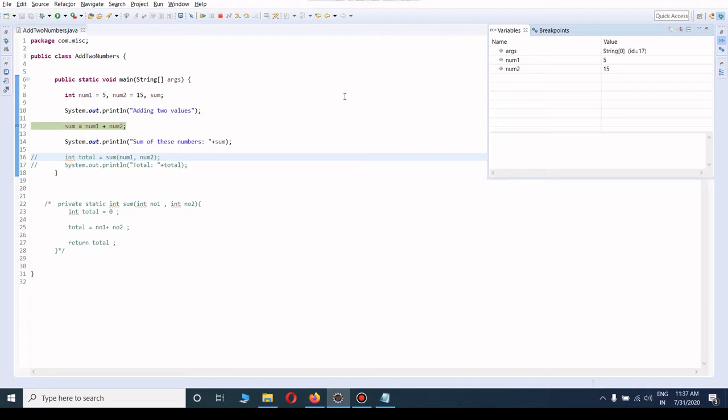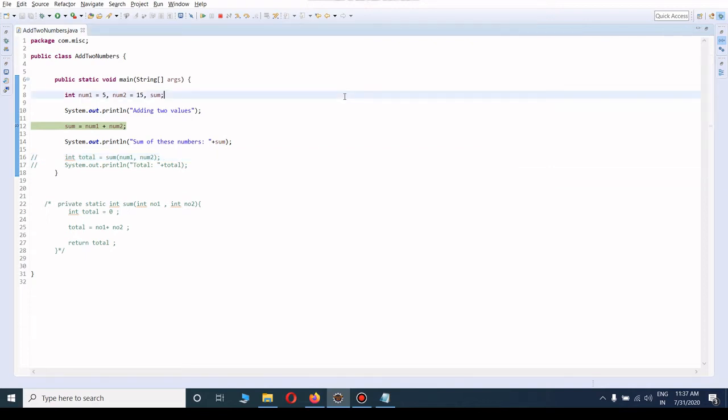Now you can see that this is a very basic application, where we already know what the value of number 1 and number 2 will be. But friends, when you write a very complex application where a lot of arithmetic functions are there, and we need to retrieve values from different functions, it is very difficult to understand what the value of a particular variable will be. In that case, debug mode is necessary. Now I am at line number 12, I have suspended the execution of the flow, and now I want to go to this line.